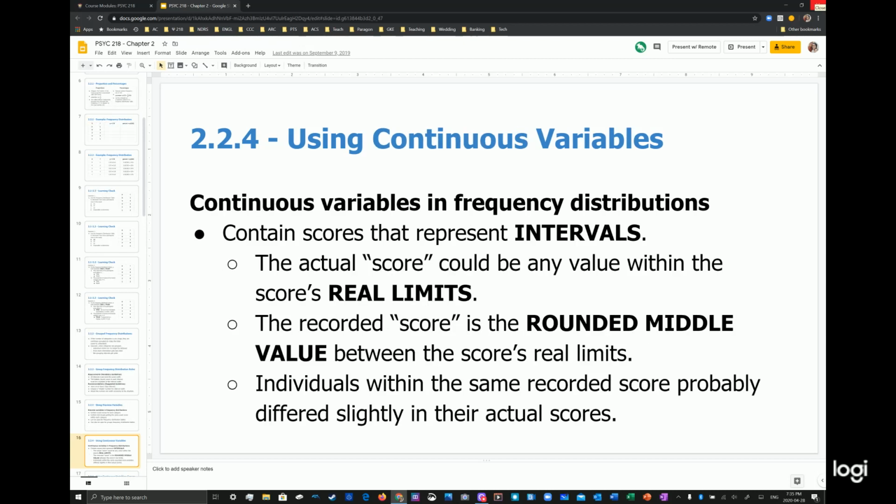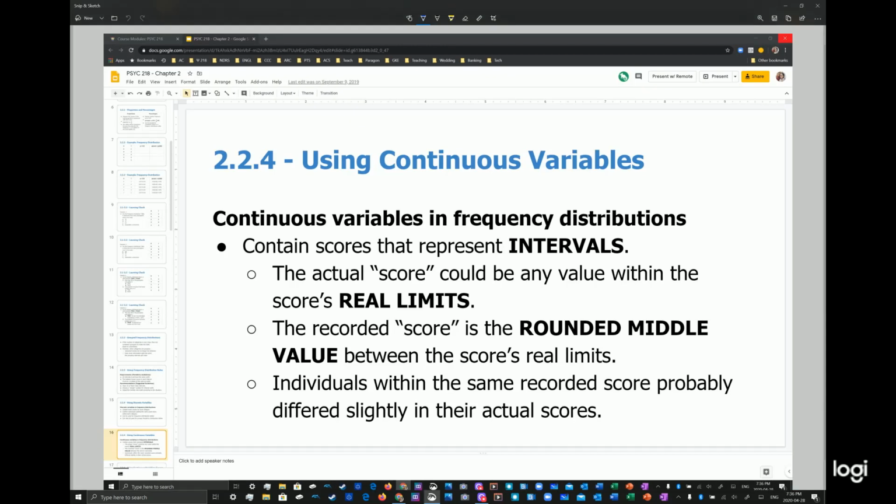For continuous variables, the scores themselves represent intervals, and that's when we apply the real limits. That is your upper and lower limit. In this case, you'll see pictures of this in the histogram, but I'll just write and show you. So, for example,